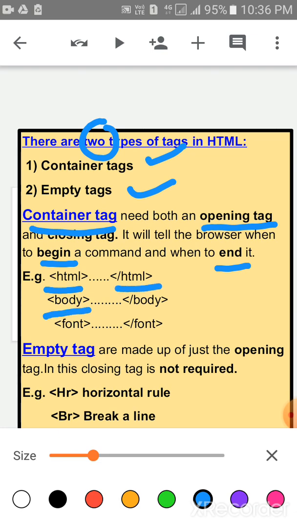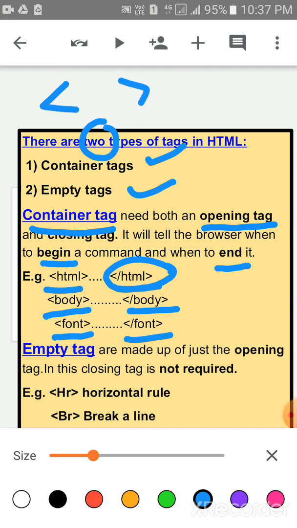This is the opening tag of body, this is the closing tag of body. This is the opening tag of font, this is the closing tag of font. Children, in container tag, you always remember, if you are opening any tag, you have to close that tag also.